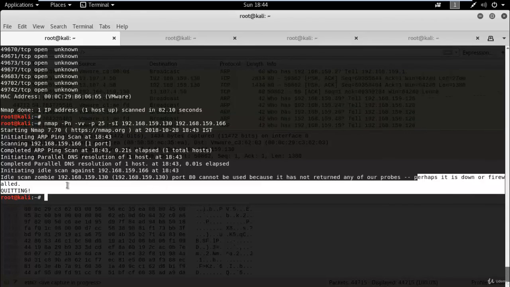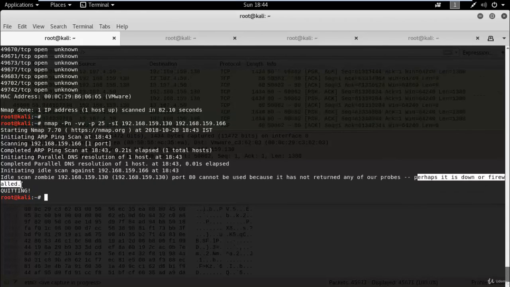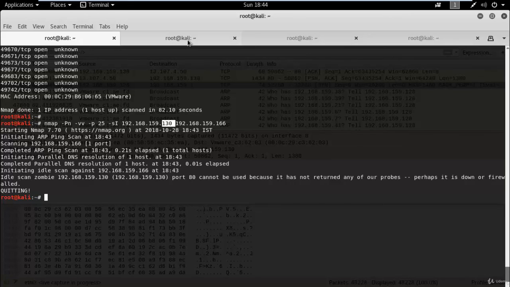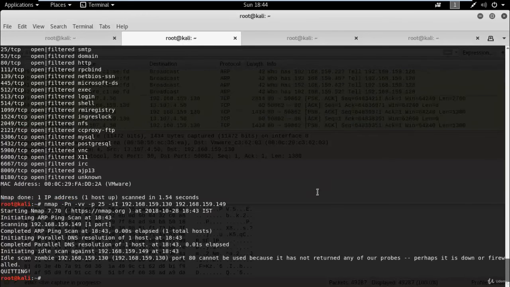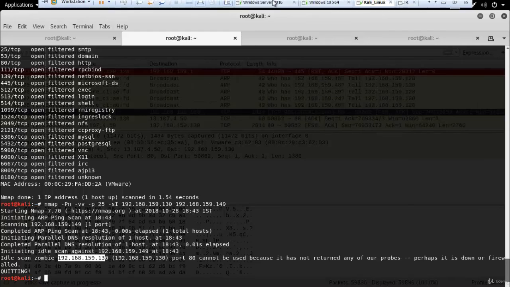Perhaps it is down or a firewall is configured. So .130 is our zombie device, a Windows 10 operating system. Still I am not able to scan using .130 because the zombie device has a firewall, or maybe it is down already.